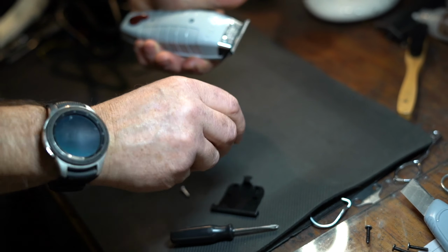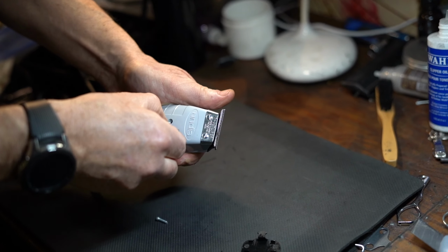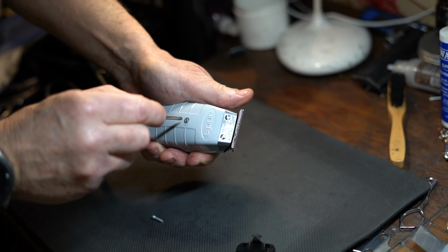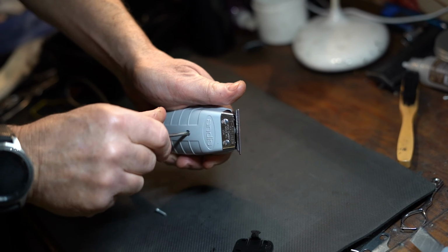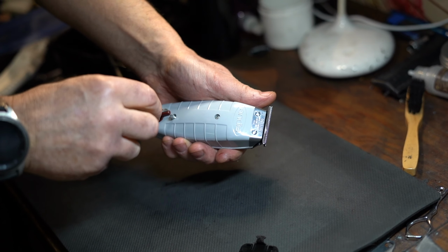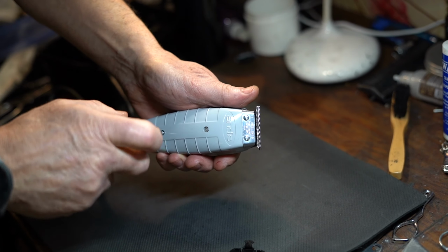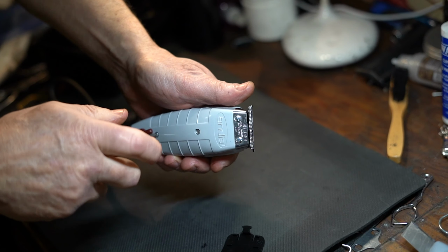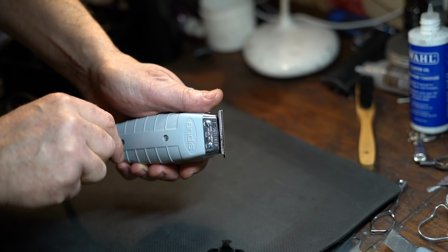So, again, unplug and then reverse the procedure. Put your screws back in. And sometimes, once you've put the lid back on, tightened up your screws, and you plug it back in, because